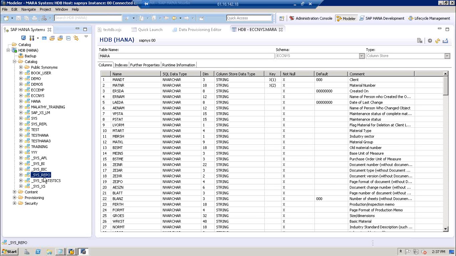You have a catalog where you have database objects: all the tables, views, procedures, everything. Now a table contains your data values, correct? So when you are using a modeling object, like creating an attribute view, analytic view, and calculation view, basically your modeling object is taking the data from the catalog objects.